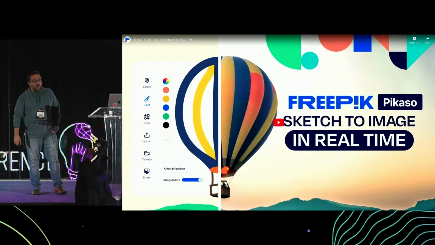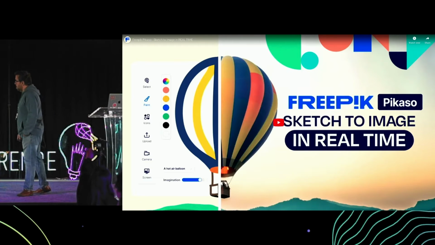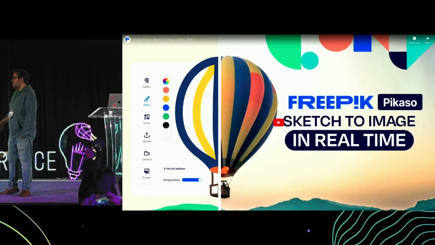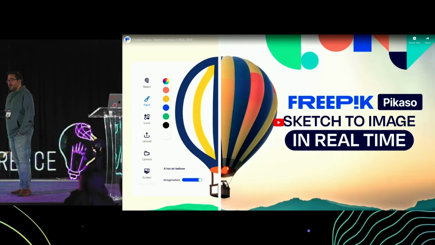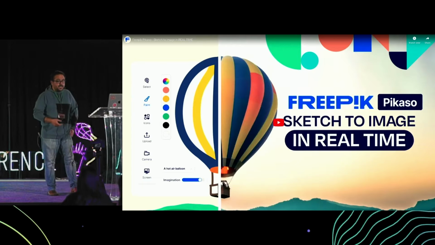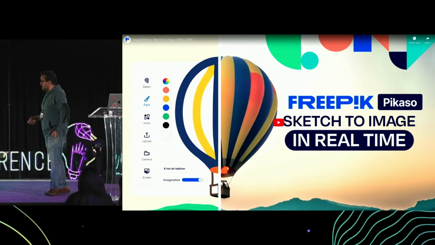Okay, I want to stop here a second to reflect on what is going on with creativity. You've seen how anyone can create, anyone can draw. The barrier to create is becoming lower and lower because of AI. At Freepik, we really believe that designers are not going to be replaced, but we are all getting superpowers.